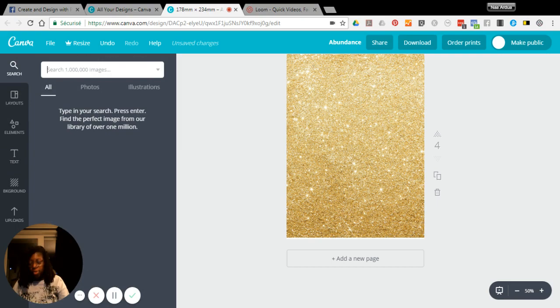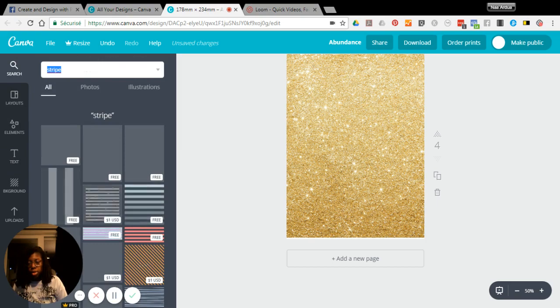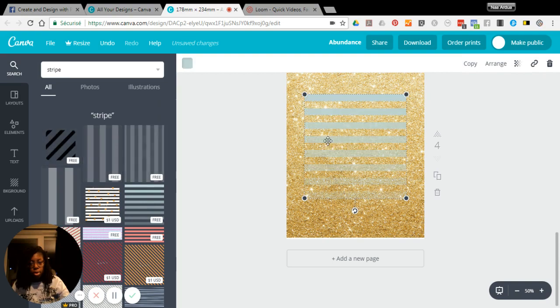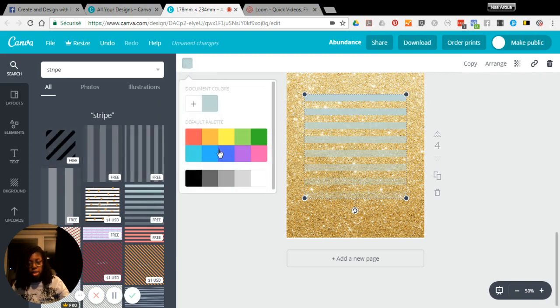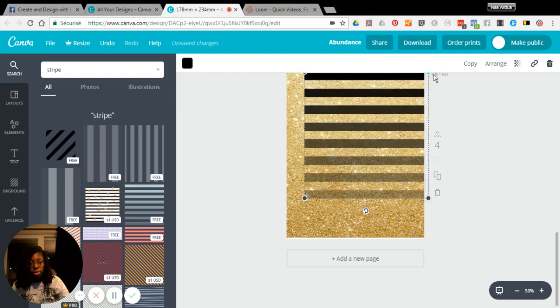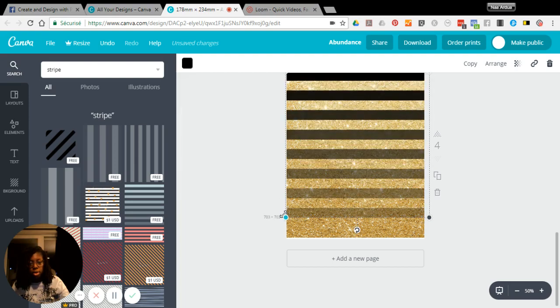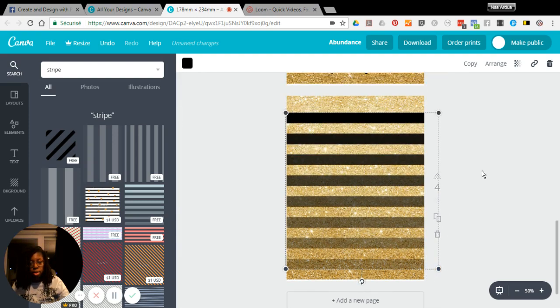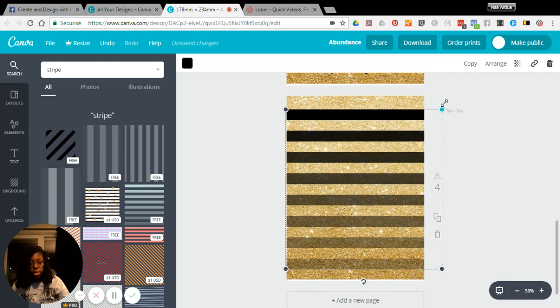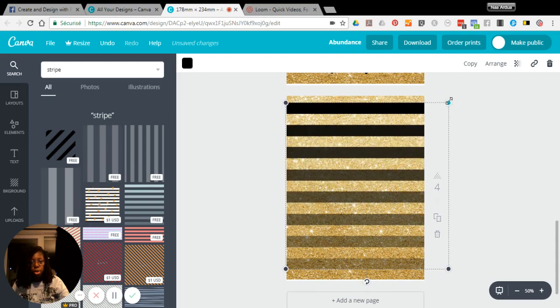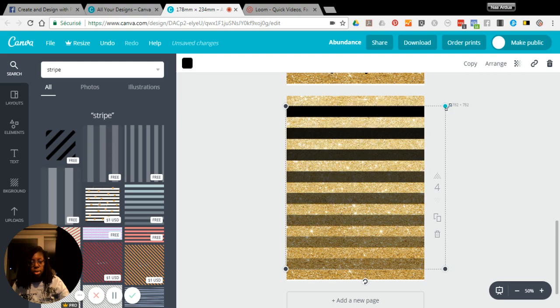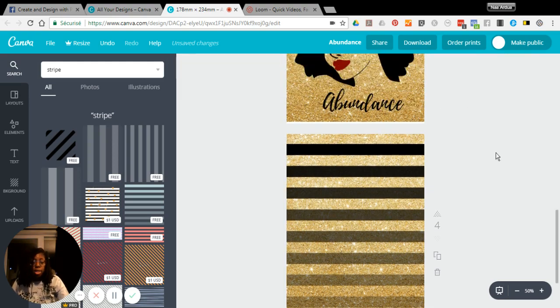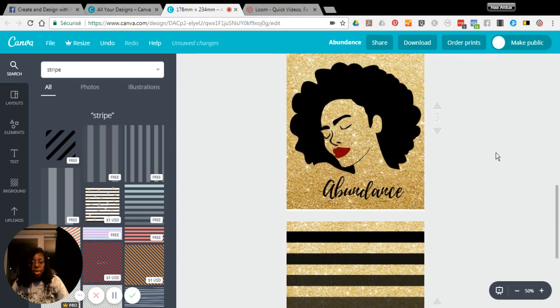And I'm going to add a stripe for my back cover. There we go. I'll change that color to black. Pull it out. A little bit bigger. There. And that's it. So that is how I made my dashboard front and back cover